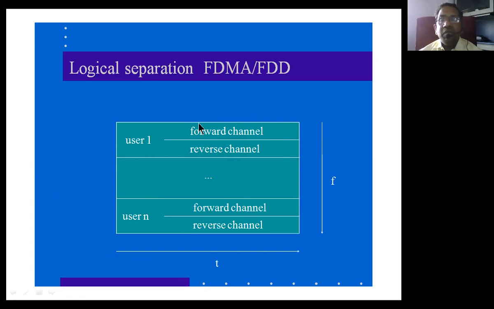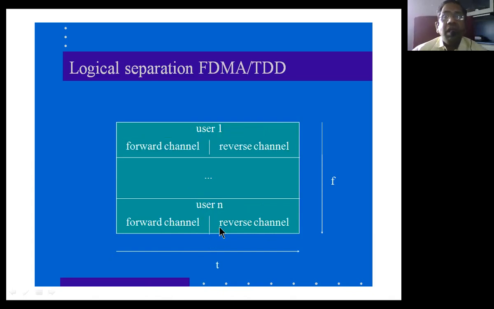Here, everything we have to take with respect to the base station. Why? Because the base station is the manager. If the base station is not there, definitely there cannot be any service to the mobile station. Therefore, the base station is the reference for us. With respect to the base station, we always speak about forward and reverse. That is the usual conventional way of understanding forward channel and reverse channel. Otherwise, you can name it anything you like, but you have to write clearly what is the forward channel and what is the reverse channel. Okay, so this is how we have a logical separation in the FDMA, FDD technique.